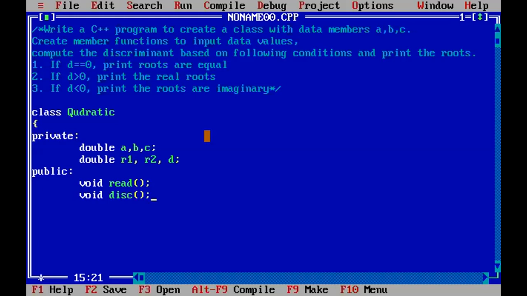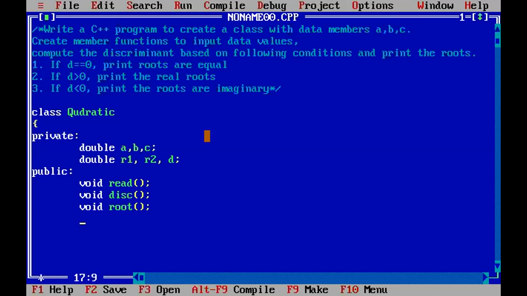We have to read or input the data values, and the second one is to compute the discriminant. So I have named the member function disc, and the third one is void root. I would like to print the roots or calculate the roots based on the given condition.